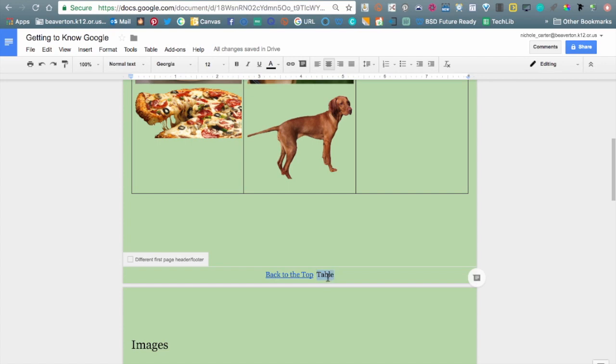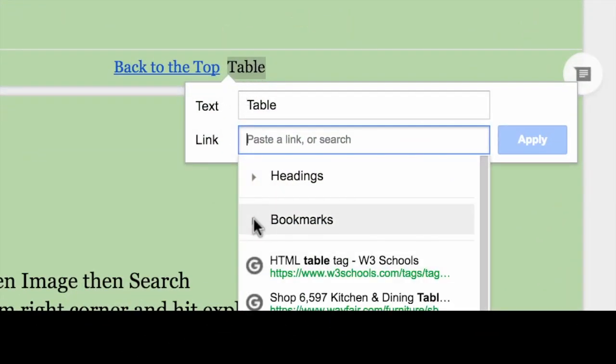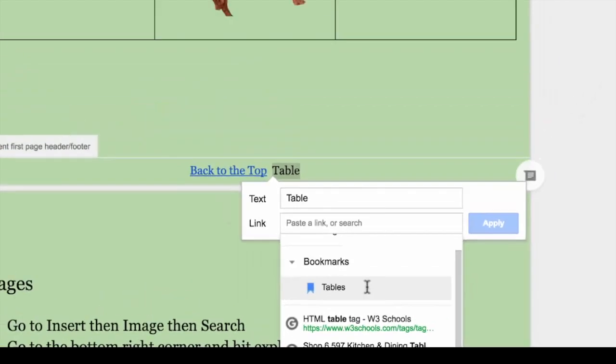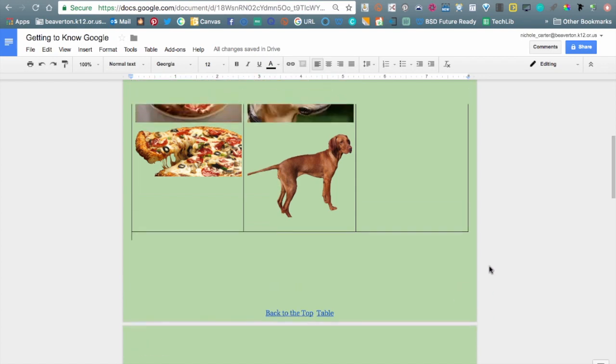It doesn't really matter what word it is, but now I also have this option for bookmarks. So anywhere you drop that bookmark also could create a hyperlink for you. So a couple of different options. Okay. The next thing I wanted to make sure to talk about before we move on is changing